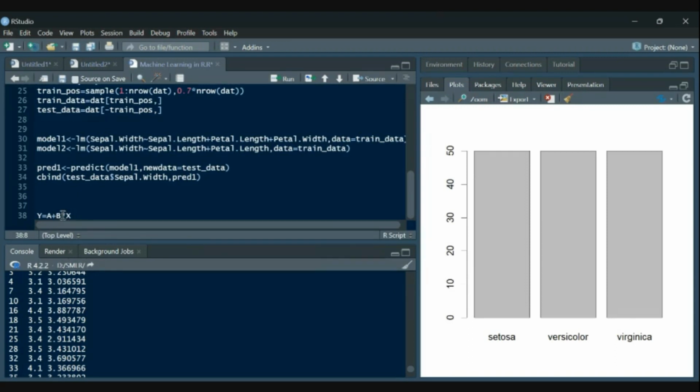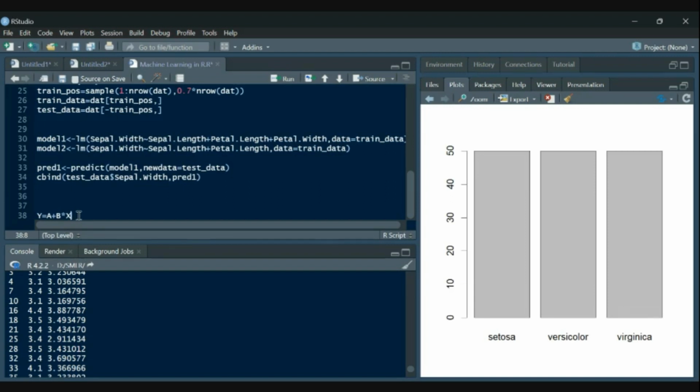What this coefficient means is that if there is a 1 unit change in my x, my y will change by b units. Yes. Same is the thing here as well.